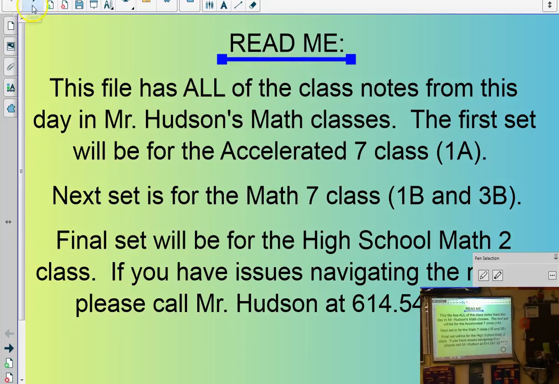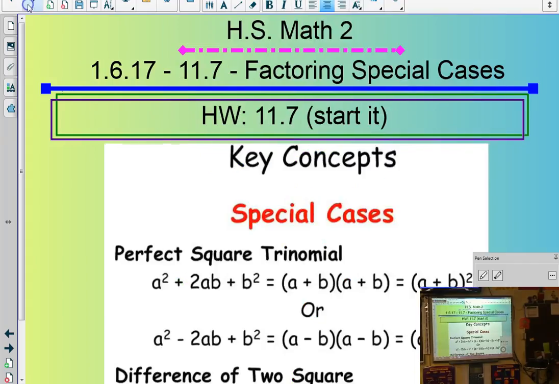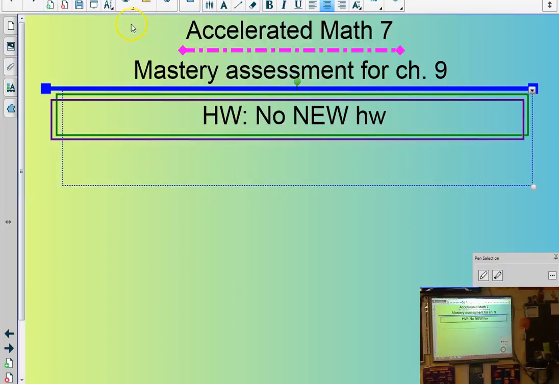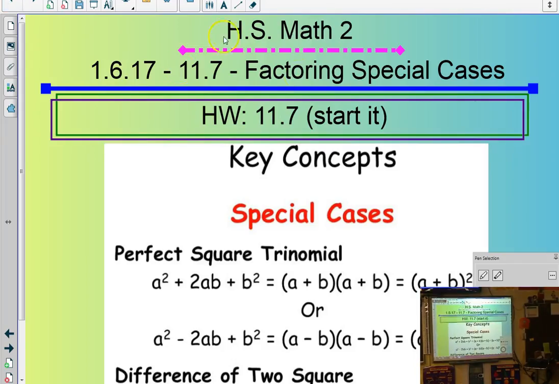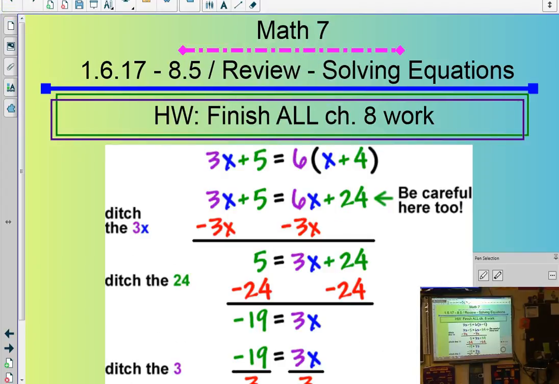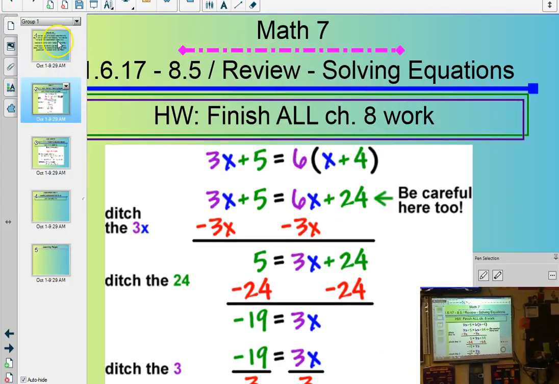One thing that I want to cover with you guys: from now on, especially on Fridays, with classes being boom, boom, boom, me closing a smart file and opening a new one is just killing too much time. So from now on I'm doing one file with everybody's captured notes from the day. They have a mastery assessment, so they're not going to have notes, but there's math too, and then I go back one more page. Your notes today will be the first thing because you're my first class, but normally you'll be the second.